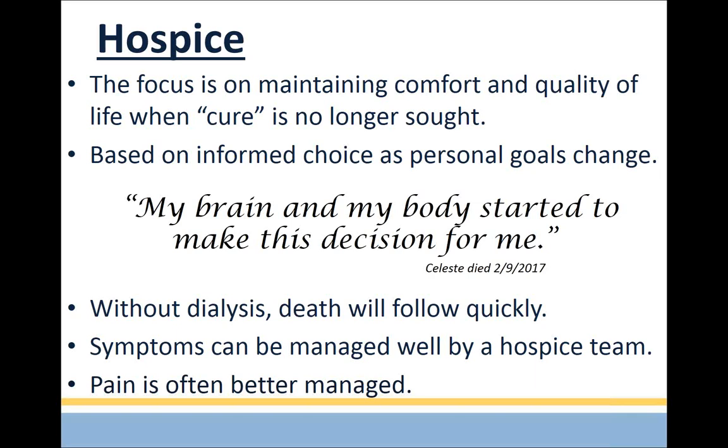But for others, choosing hospice means that the person has decided to discontinue active treatment after a period of time, sometimes many years. Hospice services, or even during palliative care, counseling can be provided for individuals and their families to help them come to good decisions. So once the decision is made to discontinue dialysis, death will follow anywhere from 1 day to a few weeks. And this is primarily how hospice services and funding are geared, that dialysis, a treatment, will stop, but there are